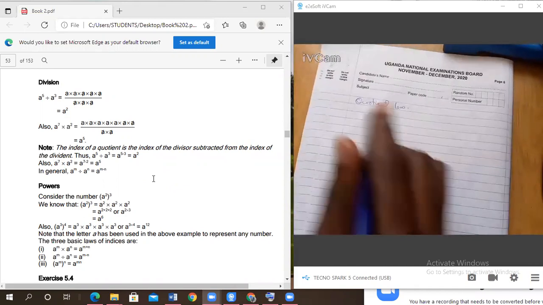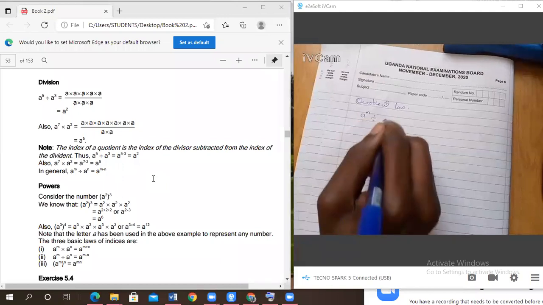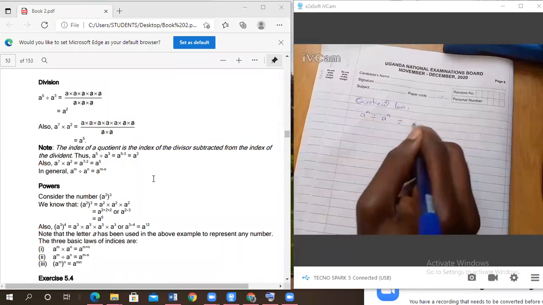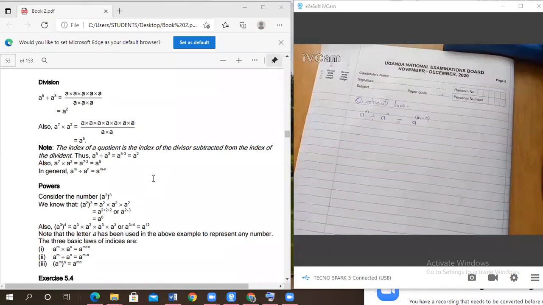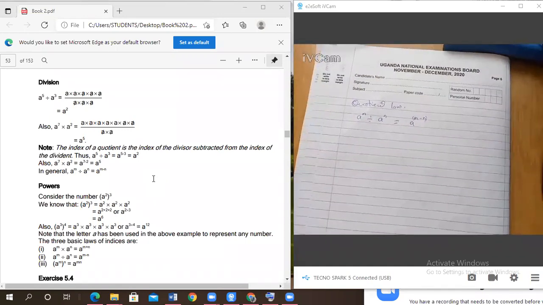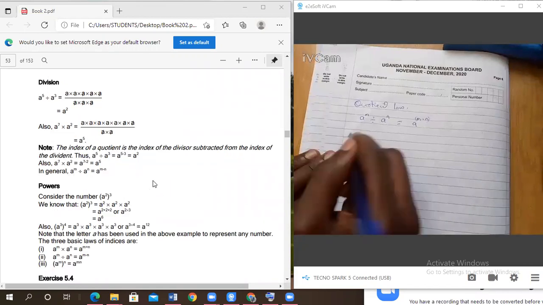So we said if I have a to the power m divided by a to the power n, it is the same as a to the power m minus n, just like that. Okay? That's what that law is suggesting. So can we look at some examples there? We can say, example,